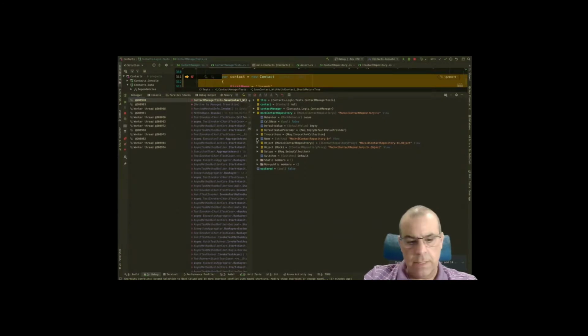Let's see if I can increase the font a little bit. Control Shift plus. It doesn't work in this browser window. We have an object. So if we look at the mock object and open it up,